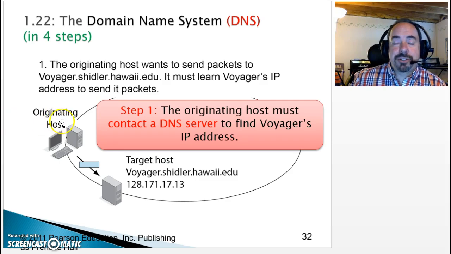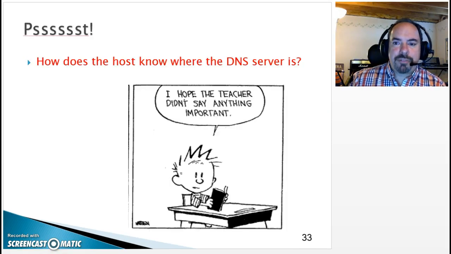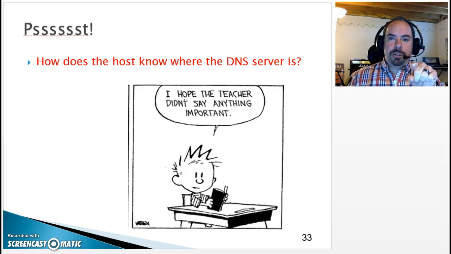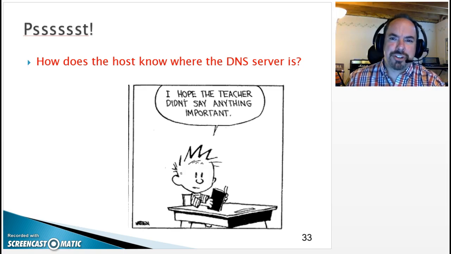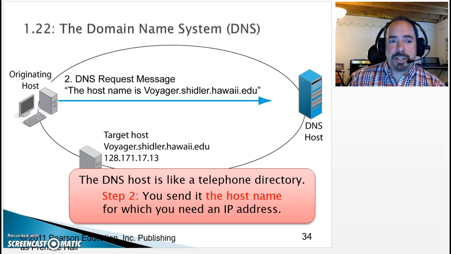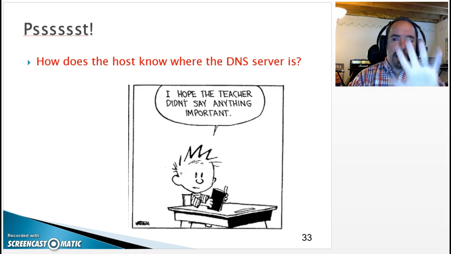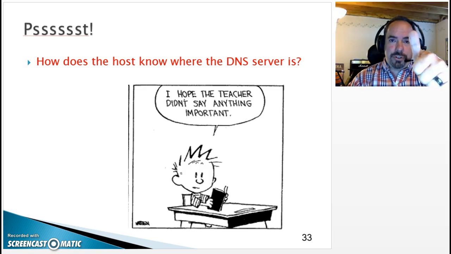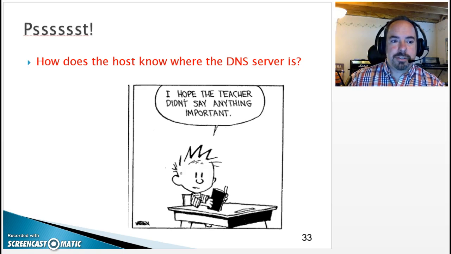So the way DNS works is, this is another example of a client-server app, or network application architecture, client-server architecture. The host has to make a request of the server, but kind of a pop quiz question: how does your box know where the DNS server is in order to make the request? How does it know? I did answer this question already, but just to see if you're paying attention, right? The answer is, yeah, DHCP. Remember I said DHCP, when you boot up, tells you five things, and the fifth one was the location of your DNS server.